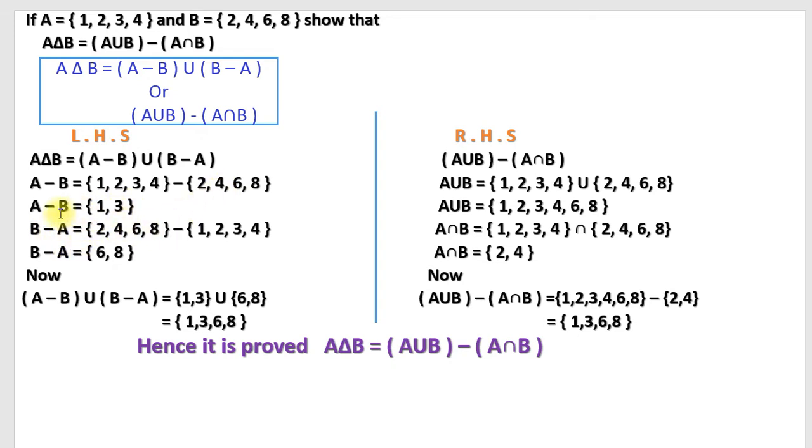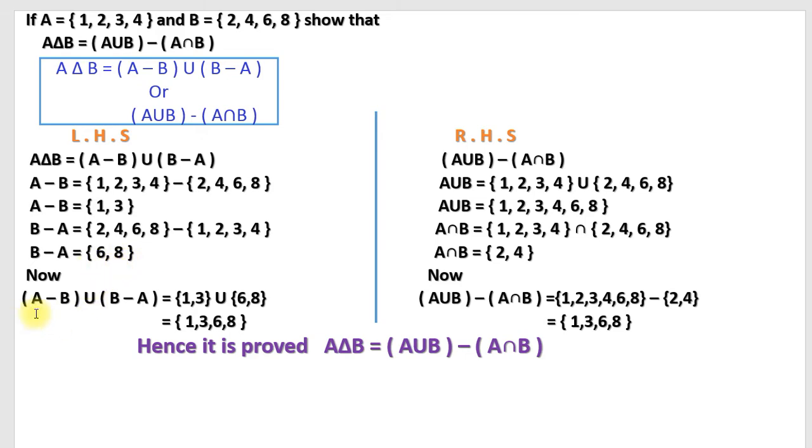Now we are going to do the inverse. Inverse means first we write B and after that we write A, that is B difference A. Here also, we take the set containing those elements that are in B but not in A. So 6 and 8 we cannot find in set A. So our answer will be {6, 8}.